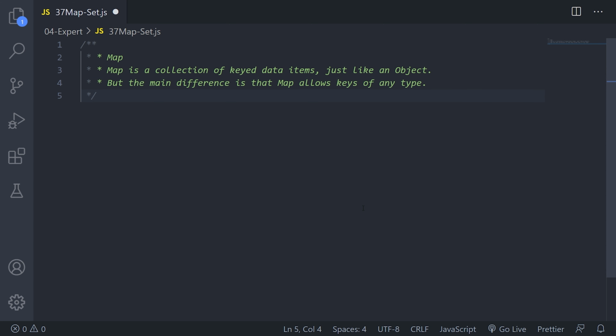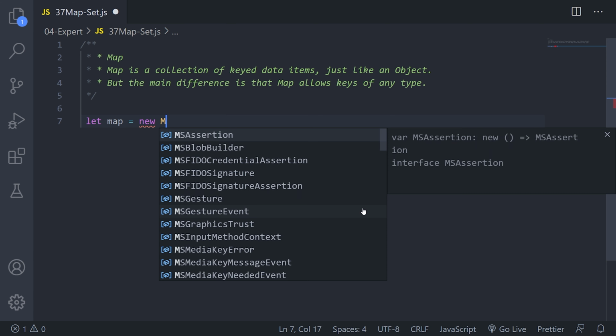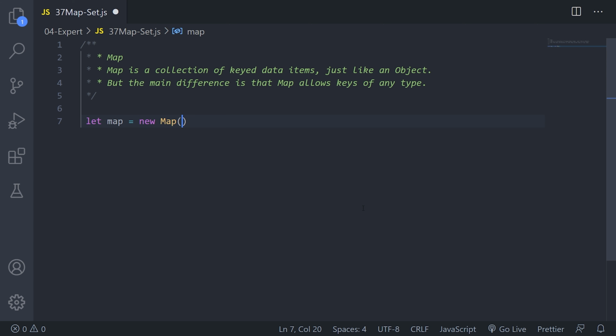Let me show you an example here. First of all, I will create, let's say, let map equal to, and the syntax is very similar to creating an array, but here we have to invoke the constructor function using the new operator. So that way you can create a map. Here I have created map equals new Map.